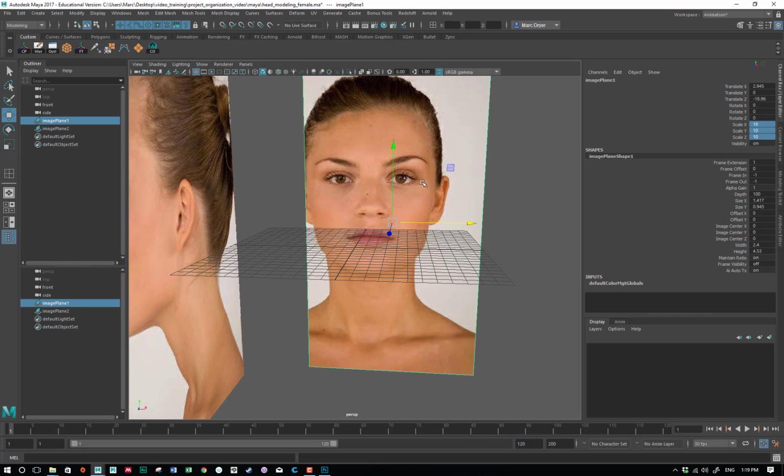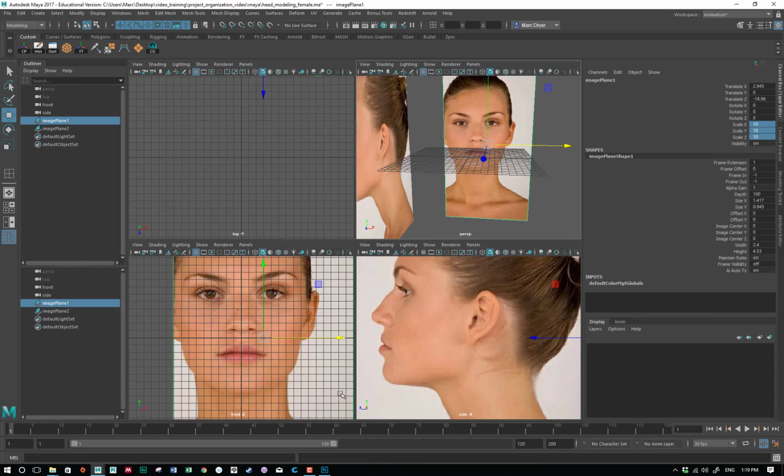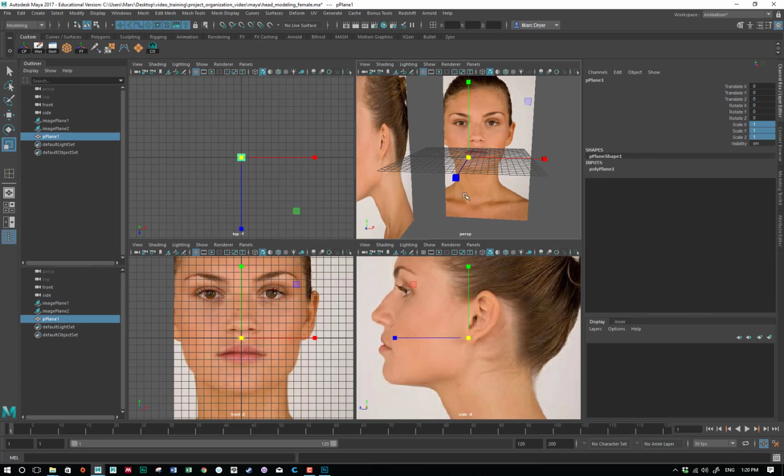So if you are placing vertices at the corner of the eye here, you can be working in the side view and placing a vertex here, and then you go to the front view and make sure it's lined up here to align things in 3D. You want to make sure that these line up in space. And so one way to do that, if you're using 2 or more images, I usually create a plane in my scene, scale it up,